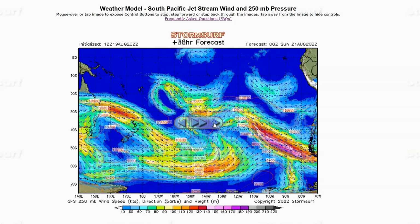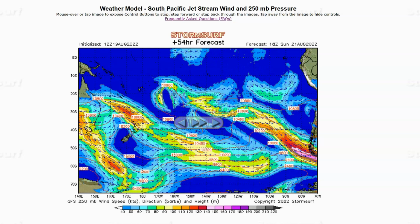And that trough continues pushing east into Sunday, and then a ridge starts building, the exact opposite of trough. It pushes down into the ice line. In fact, let's talk about that. The Ross Ice Shelf is about 62 south up here, so it's at its seasonal max. It's covering, because it's the dead of winter in the southern hemisphere, it's covering a large area, just encasing the ocean with ice. Winds can't get traction on the ocean surface, so that does not help a lot for generating surf. The storms have to be north of the ice line,